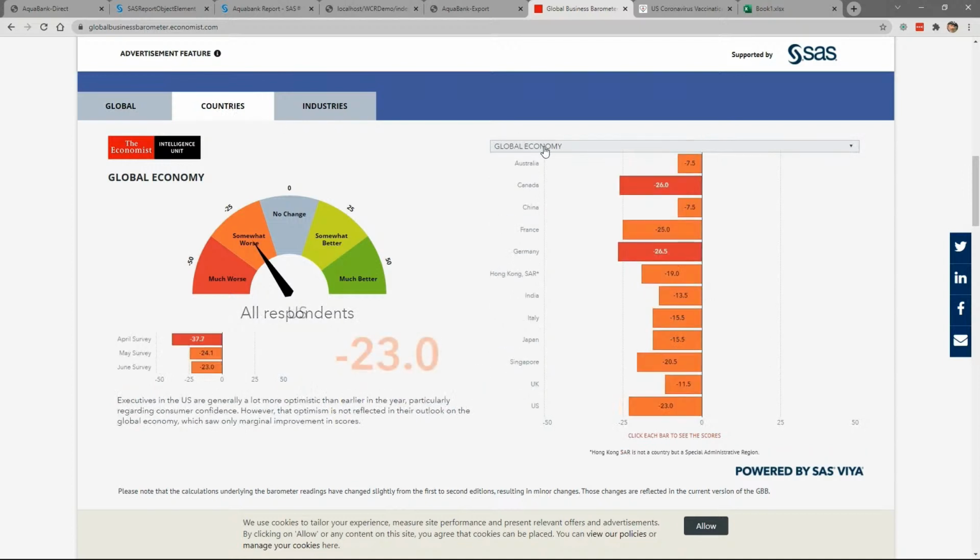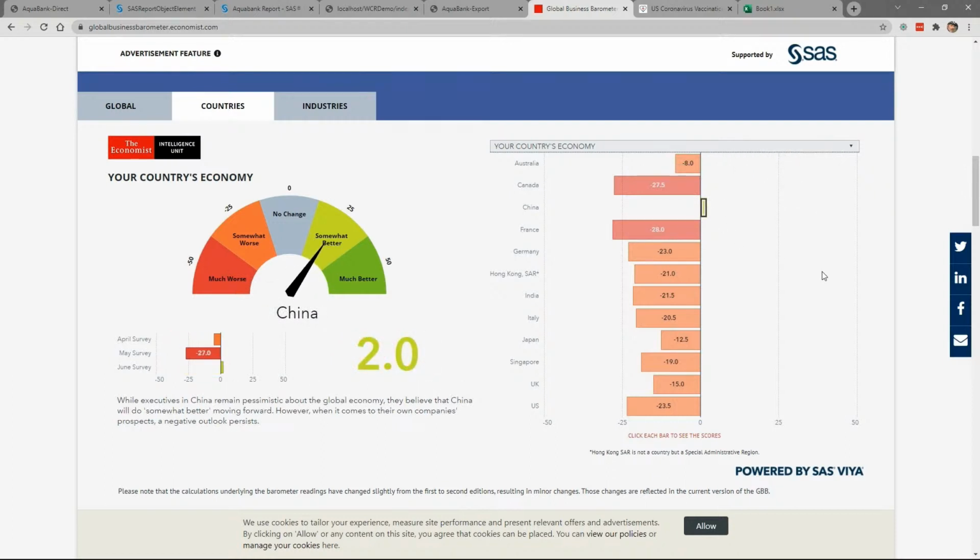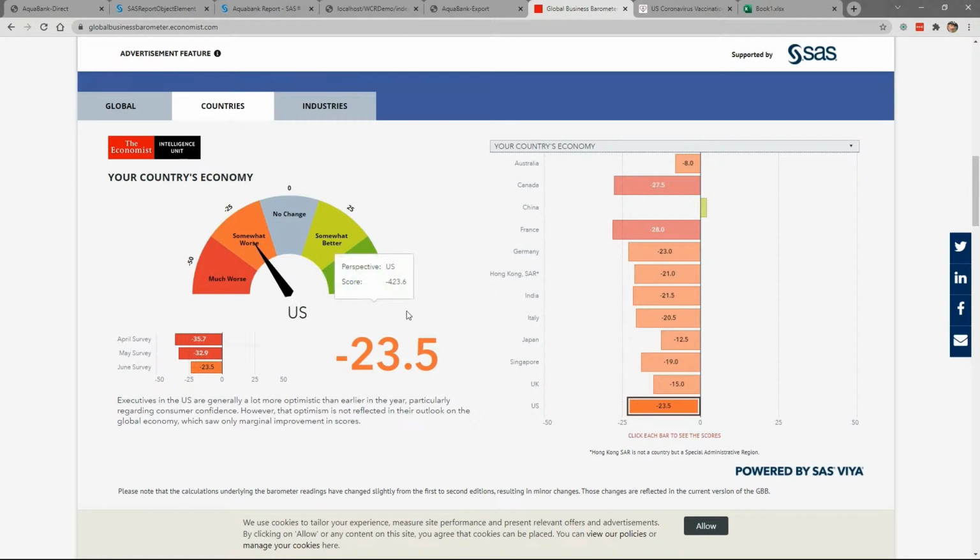I can look at various countries, and I can look at how confident individuals feel about the economy of their country. You can see, France doesn't seem very confident. They seem to have some concerns, where China seems pretty confident that things are okay. And then here we have the United States, which is somewhere in the middle. And we can see the trend. So it's improving. So our confidence in our economy from the business leaders' perspective is improving. So this is really nice content delivered through the Visual Analytics SDK